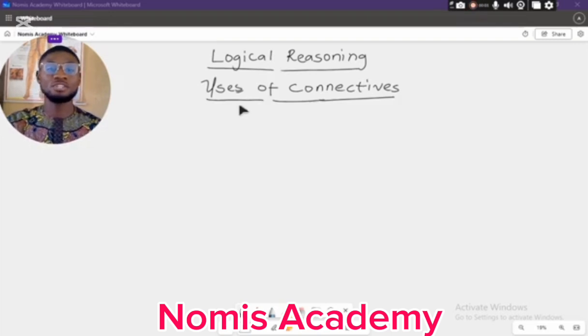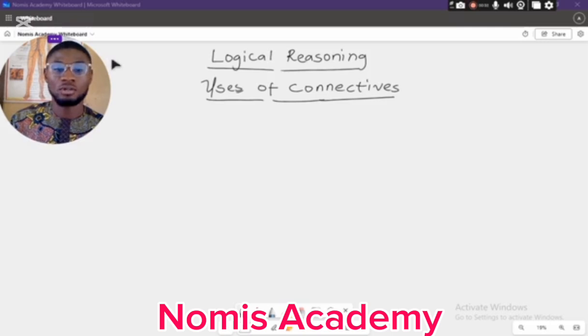Today we'll be proceeding to the uses of connectives that we learned in the previous videos on logical reasoning. Remember the connectives that we learned: conjunction, disjunction, negation, implication, bi-implication, and equivalence. So we're going to be seeing examples and the uses of these connectives one after the other. Let us begin with